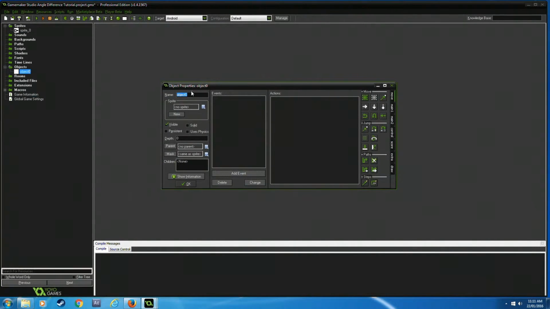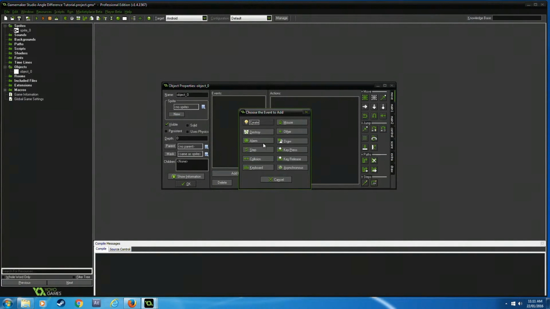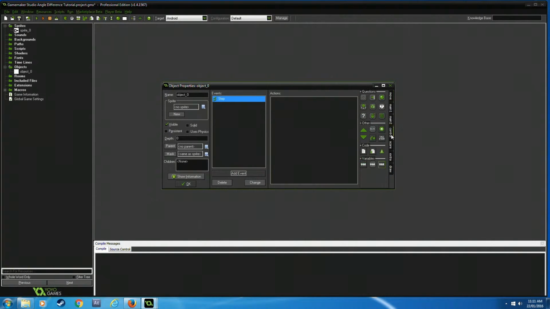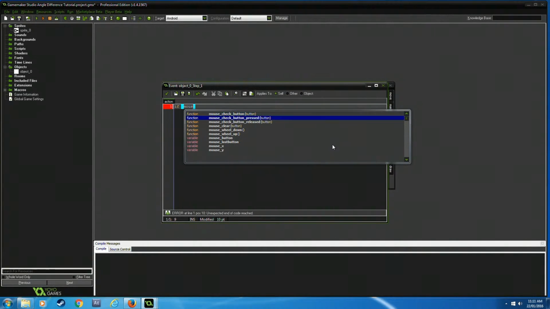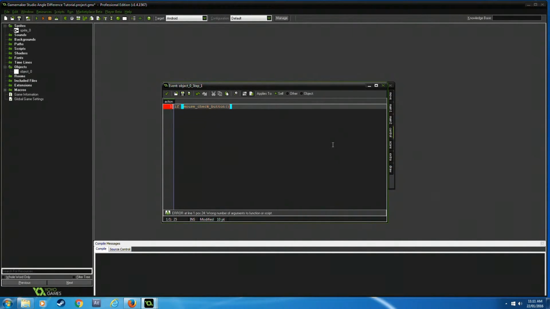So now I'm going to create an object. Again, object 0, because it's only a test. I'm going to apply the sprite. Oh, you don't really need to. Step event. Now in here I'm going to go if mouse button, MB left, so I'm looking for a left click, and then here if